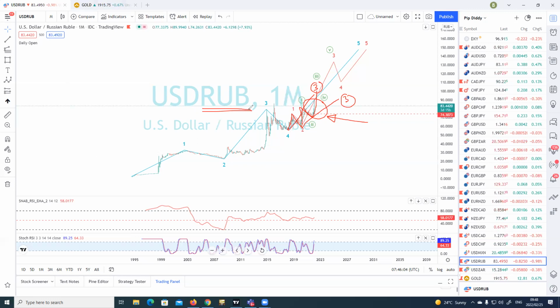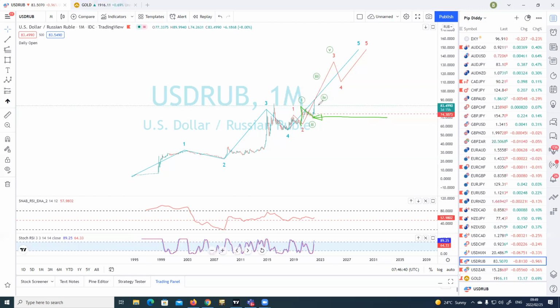All right, so I am personally interested in this pair since the release of the news. And as I'm looking at the chart now, I'm already trying to see if there are any ways that I can position myself to take this trade, because we know that in the green degree, this is our wave one, and this is our wave two. So I would have my invalidation level right at this point. This is where I would want to put my stop loss.